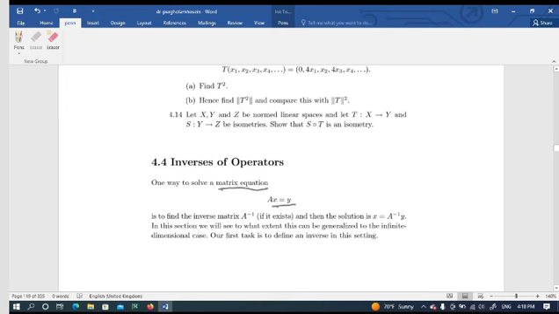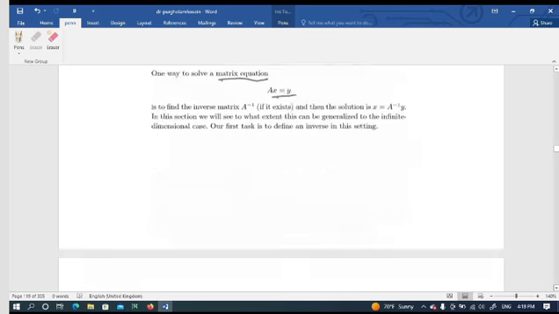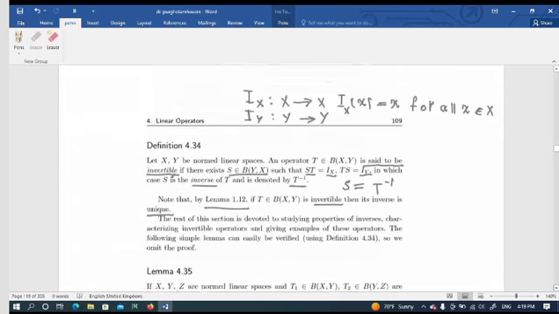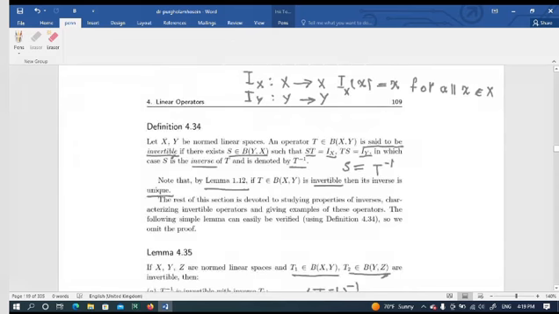Here, if we call A an operation, A minus 1 is the inverse of the operation A. Definition. Let X and Y be normed linear spaces, and operation T belongs to B of X and Y. It means that T is a bounded linear transformation from X to Y, is said to be invertible if there exists